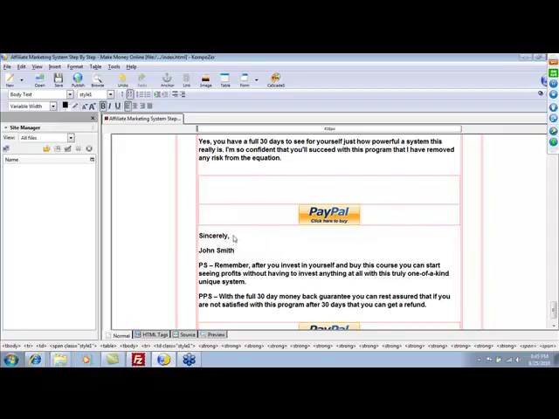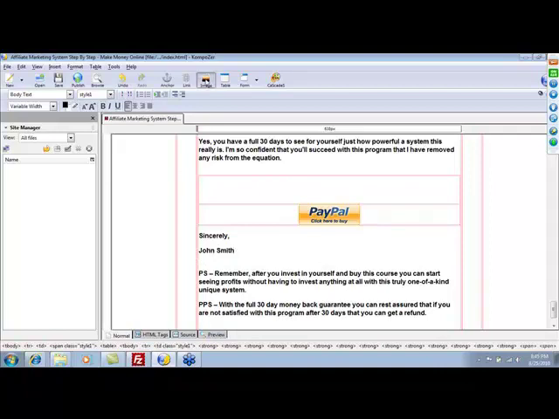Okay, and right here, let's say you want to insert your picture there. All you're doing again is image, and you just want to insert the image from your computer. Now, one thing that is important to note is that if you are doing any kind of editing with a private label rights sales letter, or any kind of sales letter, and you're inserting images, it's very important that